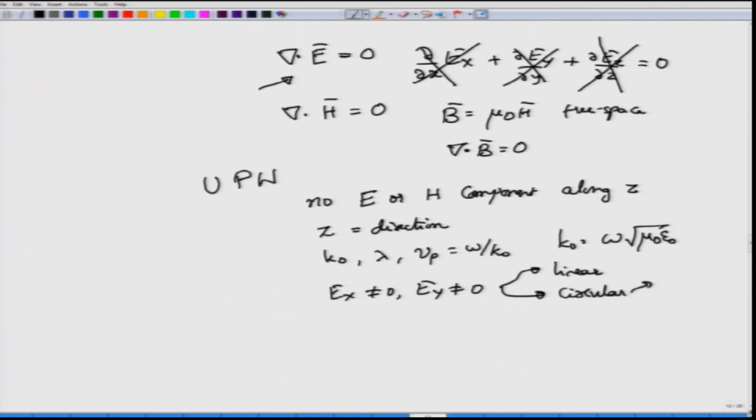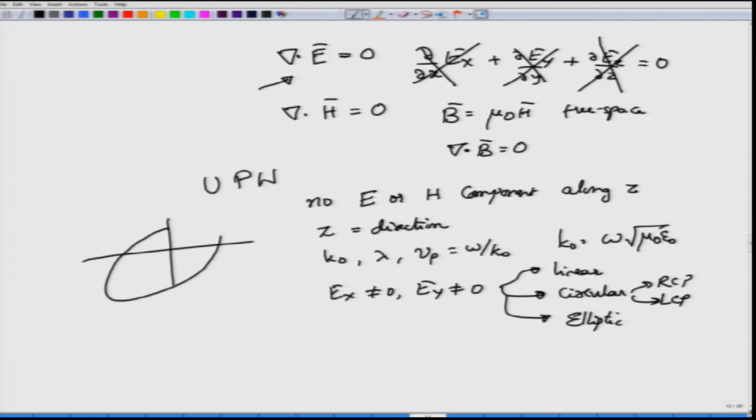In circular you can have RCP and LCP, standing for right hand circularly polarized and left hand circularly polarized wave. The other polarization that we did not discuss is elliptic polarization. In elliptic polarization, the field vectors rotate in the form of an ellipse. Okay. They have a certain minor axis and a certain major axis. The tilt of this ellipse with respect to the x axis is given by the ratio of the amplitudes of the x and y components, and the angle phi, which is the phase difference between the x and y components.